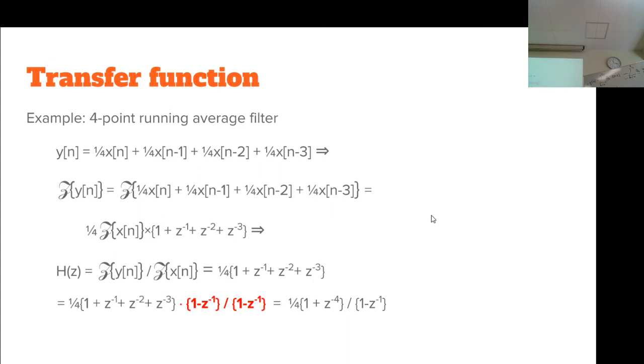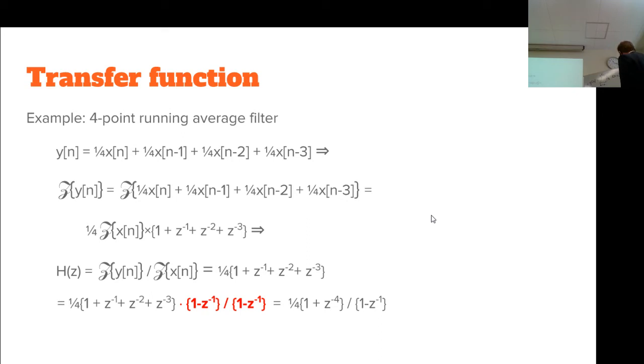This product actually gives 1 minus z to the minus 4, while this one goes downstairs. Remember, now we actually have, let's put it here. So that looks like we have a difference equation of